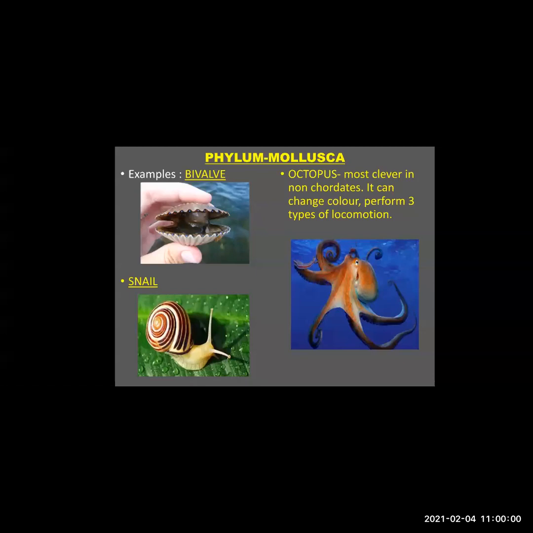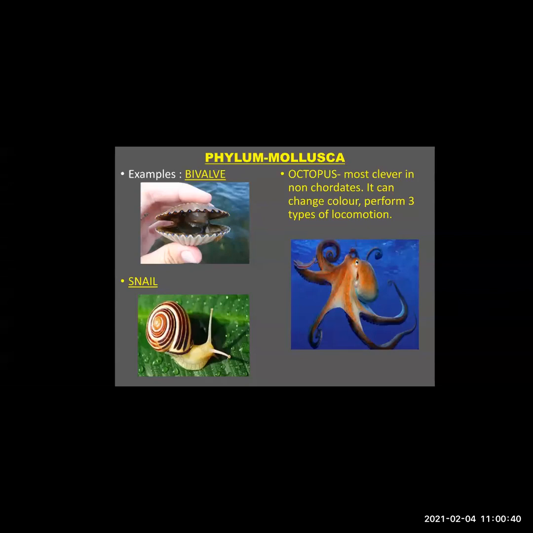So this was about the phylum Mollusca. Just quickly I'll go through all the characteristics. Mollusca are bilaterally symmetrical, coelomate, triploblastic. Their habitat is marine, freshwater, or terrestrial also. The structure of the body is soft, slimy, with shells. They are unisexual animals. Reproduction is by sexual method. What type of locomotion is there? Swimming, creeping.